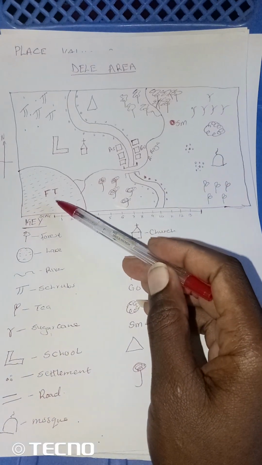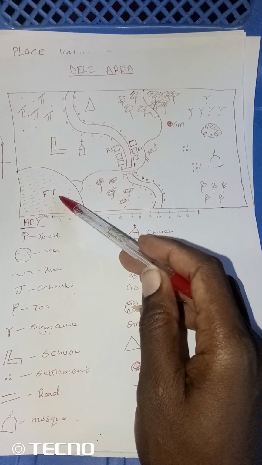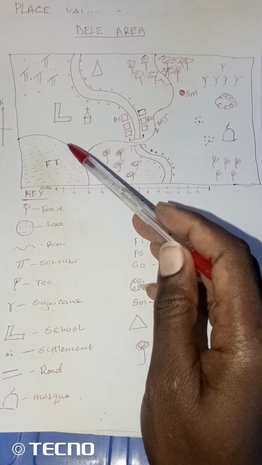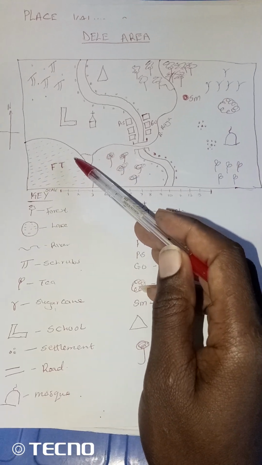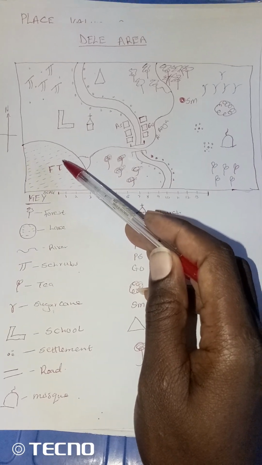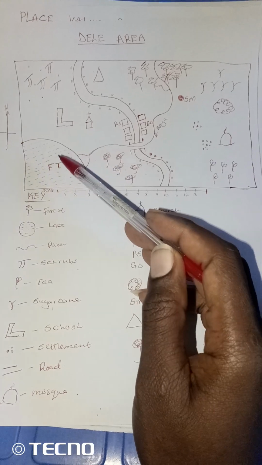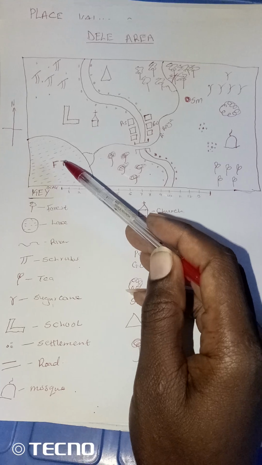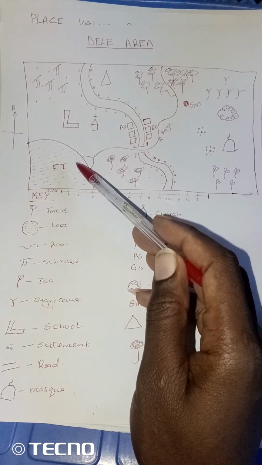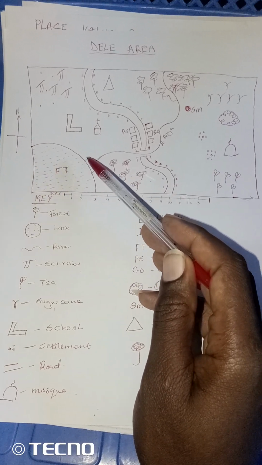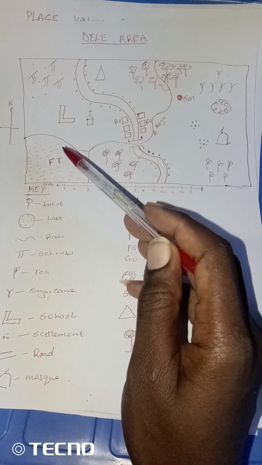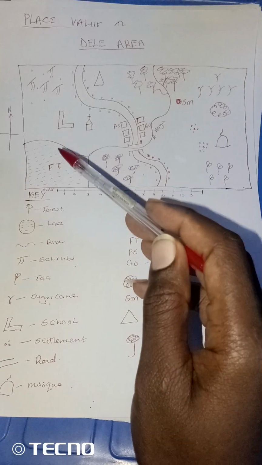Also, we have another economic activity here, that is fishing, because you have a fish trap. So what do you have to understand? The presence of a lake on a map, or a river on a map, or a dam on a map does not indicate that people living in that area do fishing. This means they must have what we call a fish trap, unless there is what we call a fish pond. Also, a fish market does not indicate that people living in that area do fishing, unless they have a fish trap or